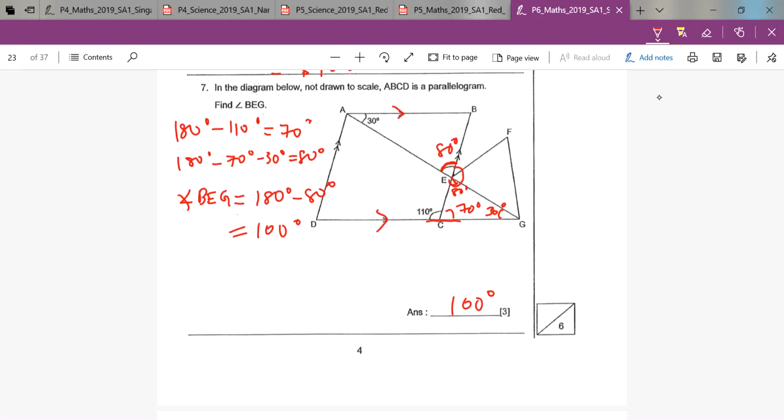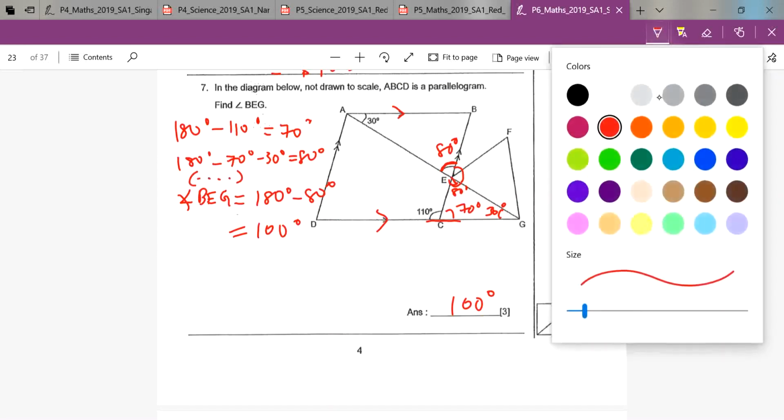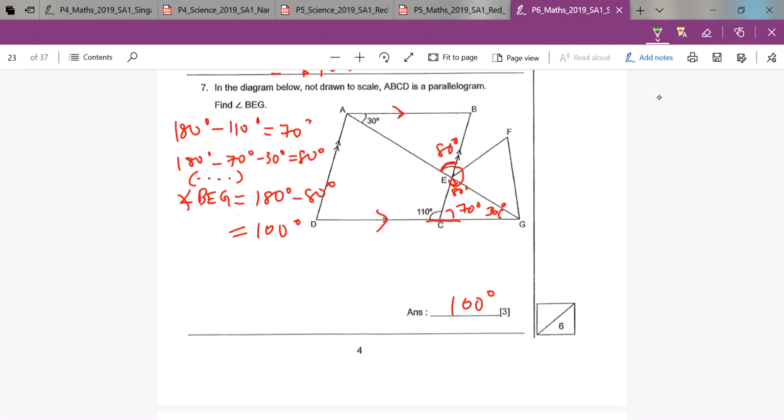It will be best if you can write all these steps in between. What are they? Basically, you write down, over here, this is angle BCG, this is angle CEG,